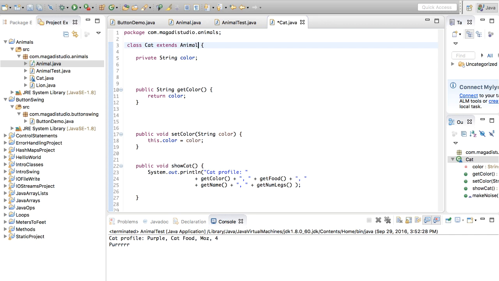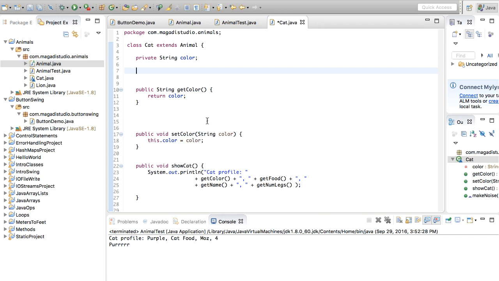Now, there are times when we need to have common functionality for unrelated classes. For instance, an animal, right? For animals, we can have canine, we can have cats, we can have so many other animals as subclasses, as the children classes, right, of the parent class, which is animal, right? But there could be some other unrelated functionalities or unrelated classes that we can attach to it. For instance, a canine,